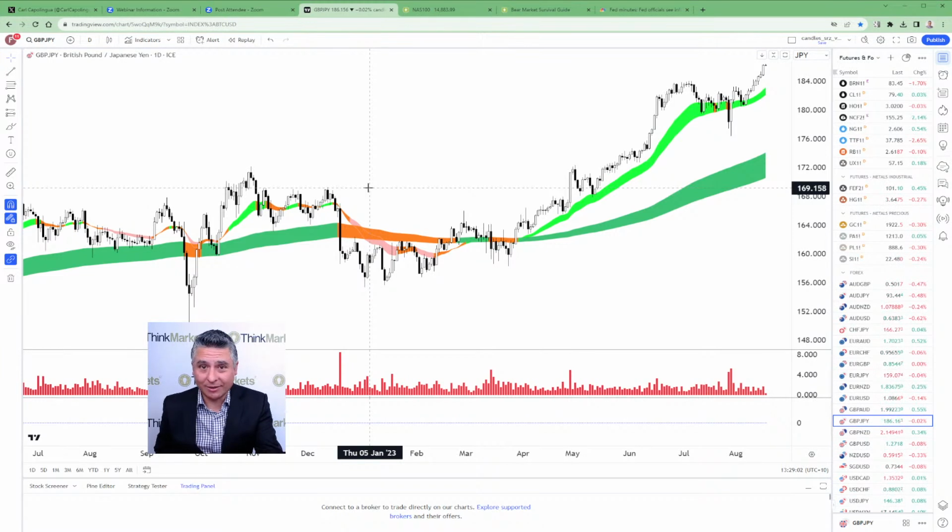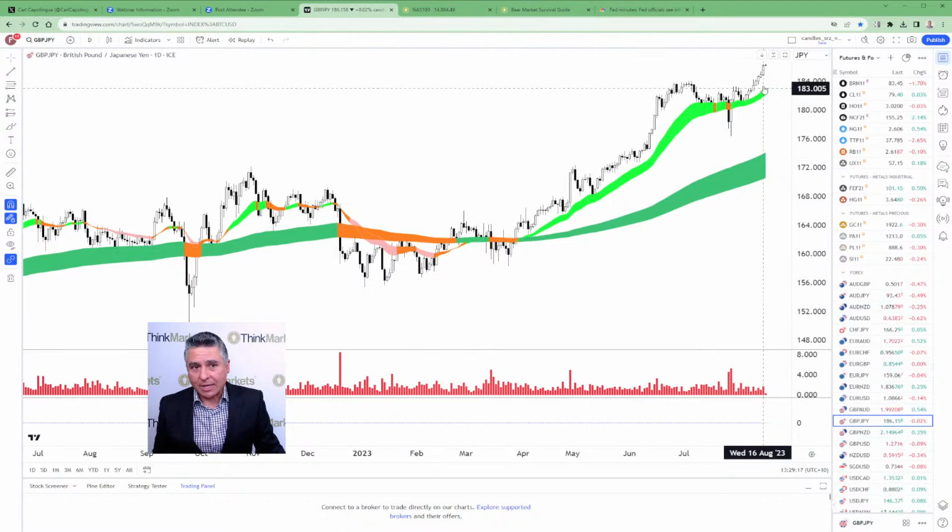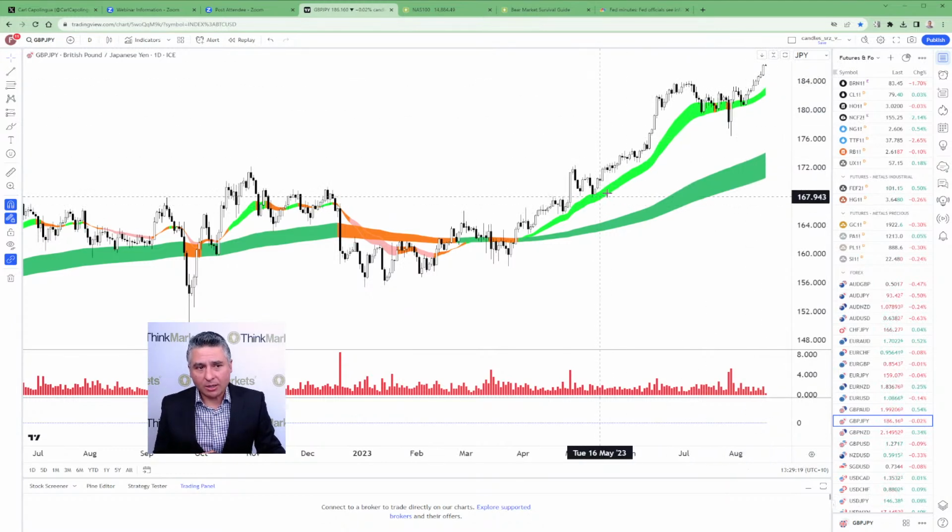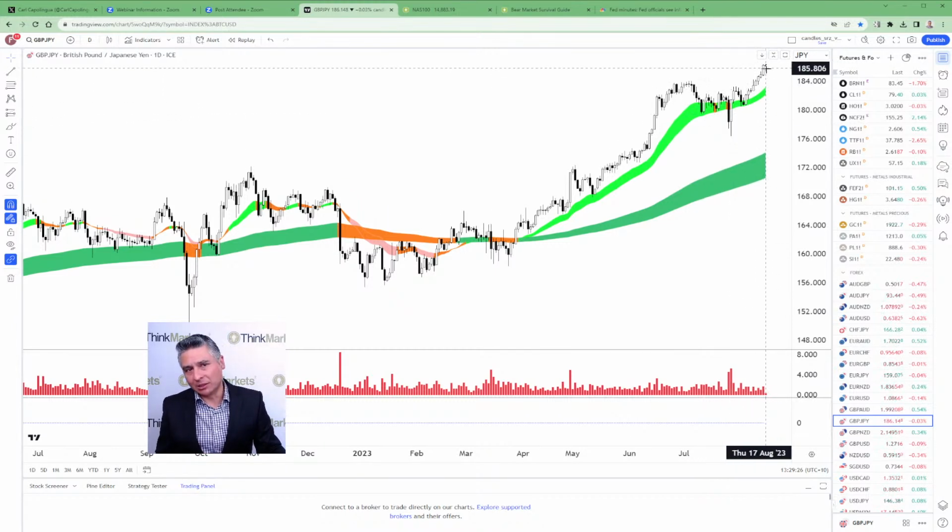It's called carry, okay? It's called the carry trade, and it's called positive carry because I'm using a bit of terminology here, the overnight swap rates favour or pay off the holder of the sterling. So yes, with the positive carry, I can't see any reason why this can't continue to go higher. It's a great trend. Short-term trend is up, long-term trend is up. This is white candle after white candle after white candle. We're back into high peaks and high troughs. It's a little bit of a ways away from the light green zone, but I can't see why you couldn't